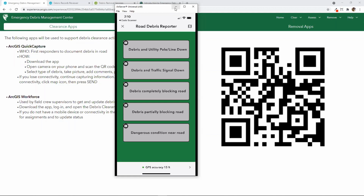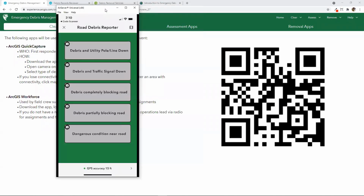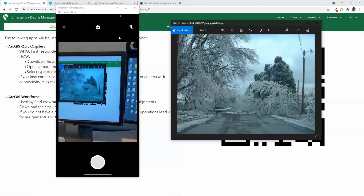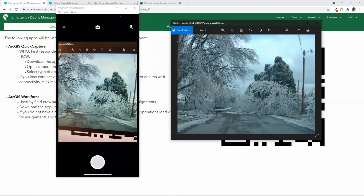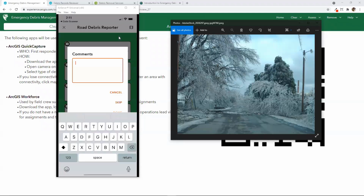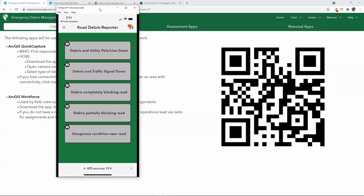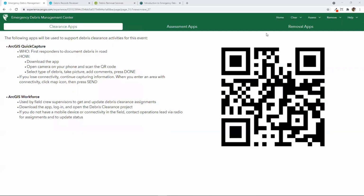community. And so the way that this app can work is it can be used by those individuals as they're driving around, providing a windshield kind of survey, they can happen to see some kind of road obstruction, like this photo right here. I can say I see debris completely blocking a road while I'm driving, fat finger click it. I can grab a photo of that debris, make some comments, and now that information is going to make its way into a dashboard in the Emergency Operations Center that is going to be able to be visualized by the debris manager, by the emergency manager, to help